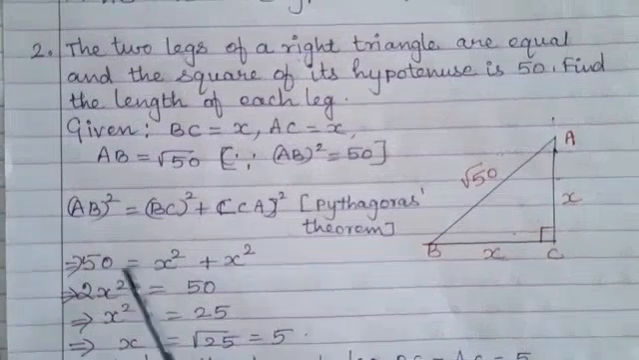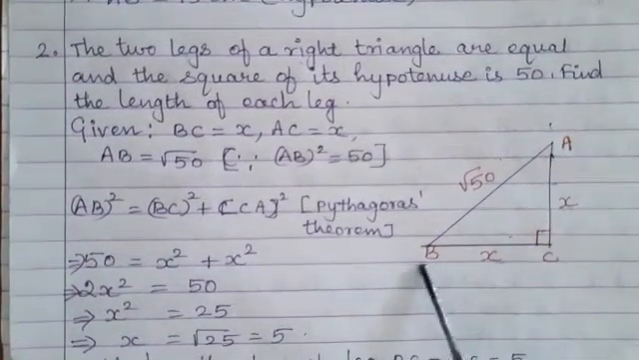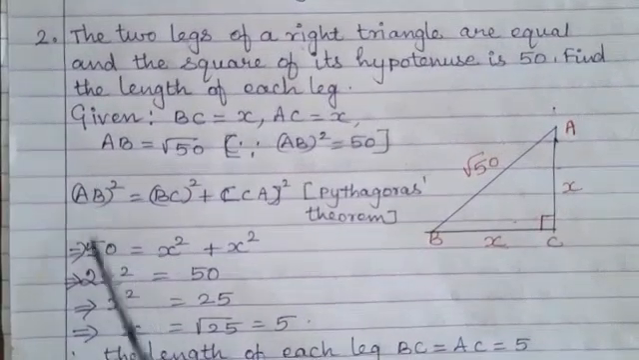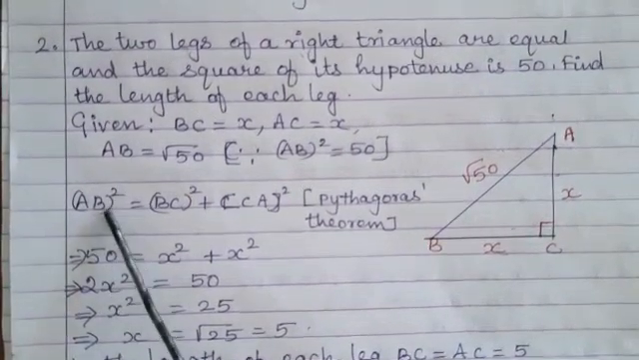What is the theorem? AB squared is equal to BC squared plus CA squared. That is the Pythagoras theorem. Then in place of AB, what is the measurement of AB? That is